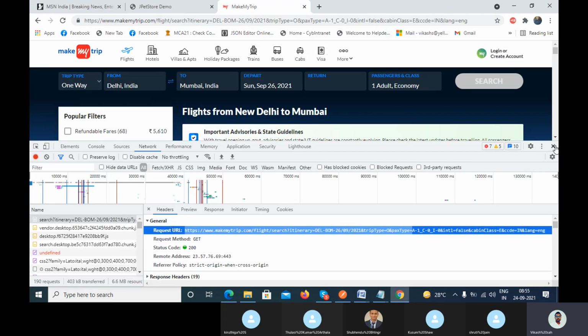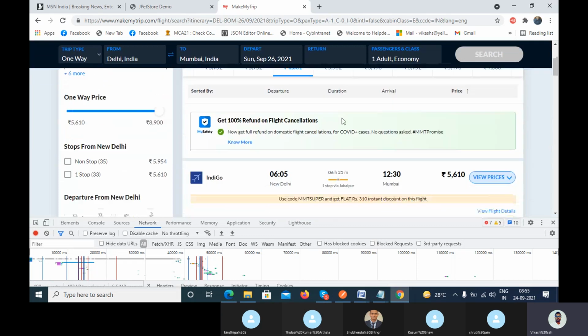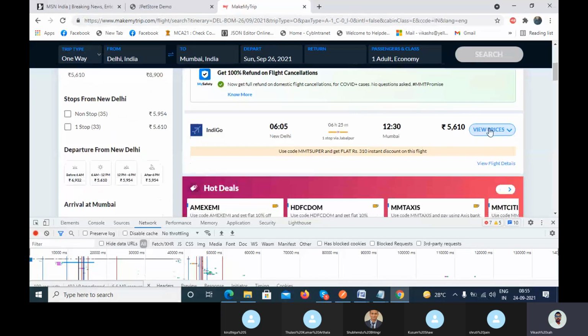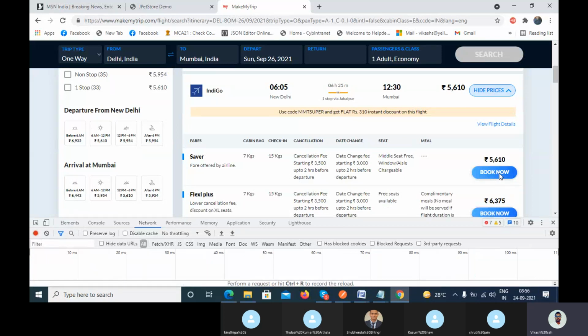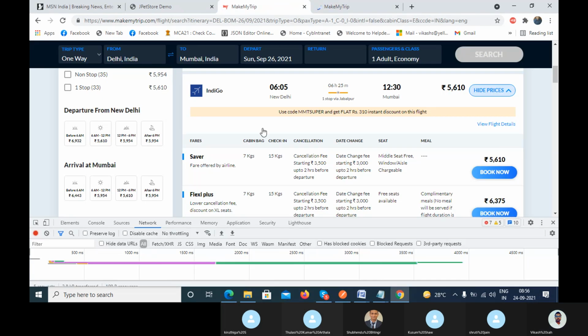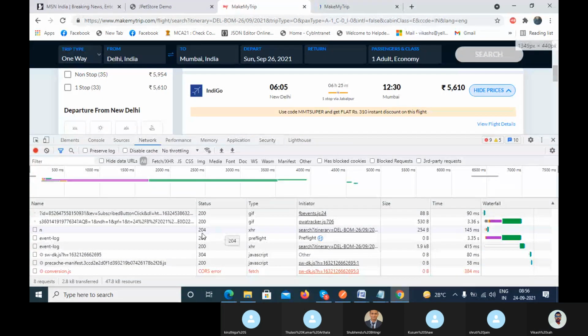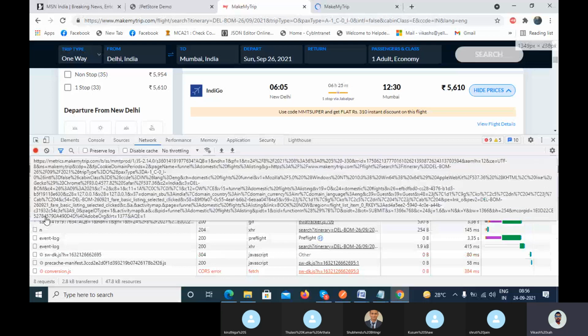Now when you get the detail, what you have to do is book the ticket, right? Book now. Let me clear. And for book now, it is a separate action. Give me a second.